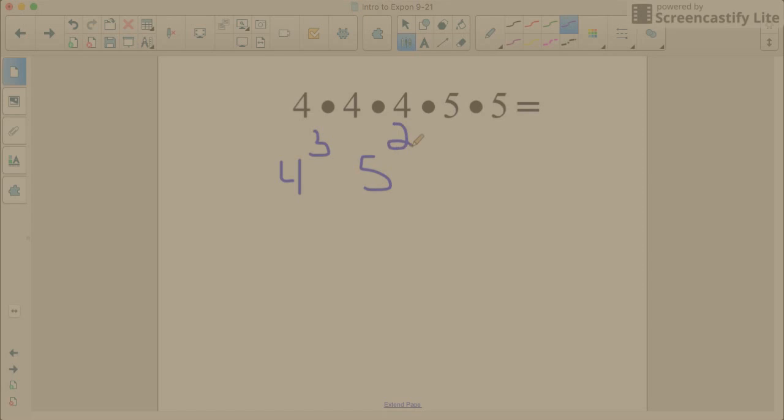Now, what is our notation? What is our function between these? We have that we are multiplying all of these together to get 4 to the 3rd times, we're not going to use x's anymore because we use variables now, times 5 to the 2nd. And this will give us